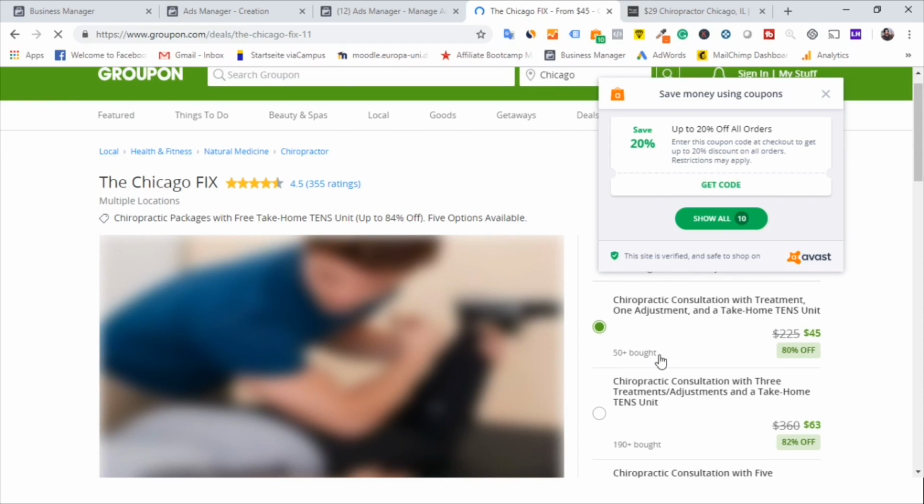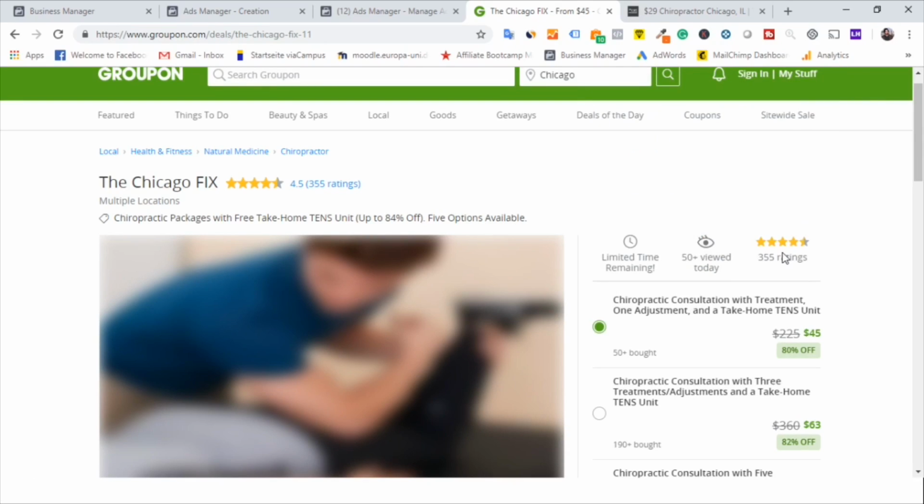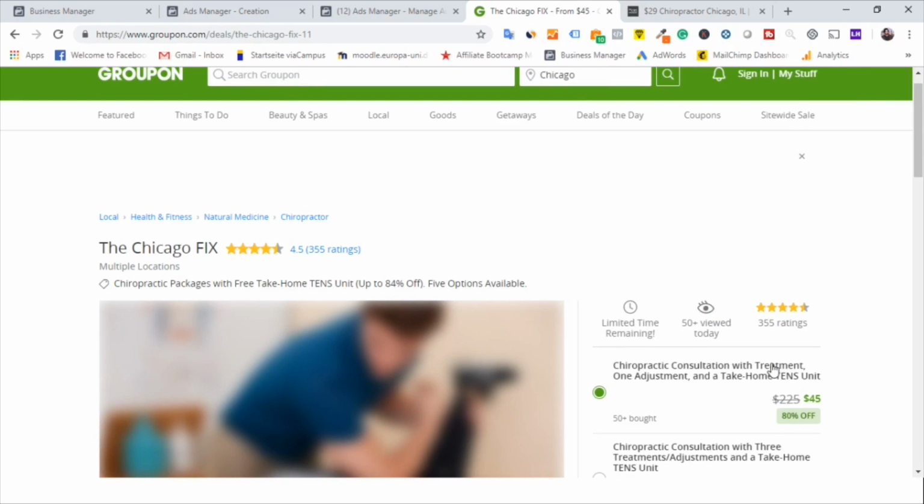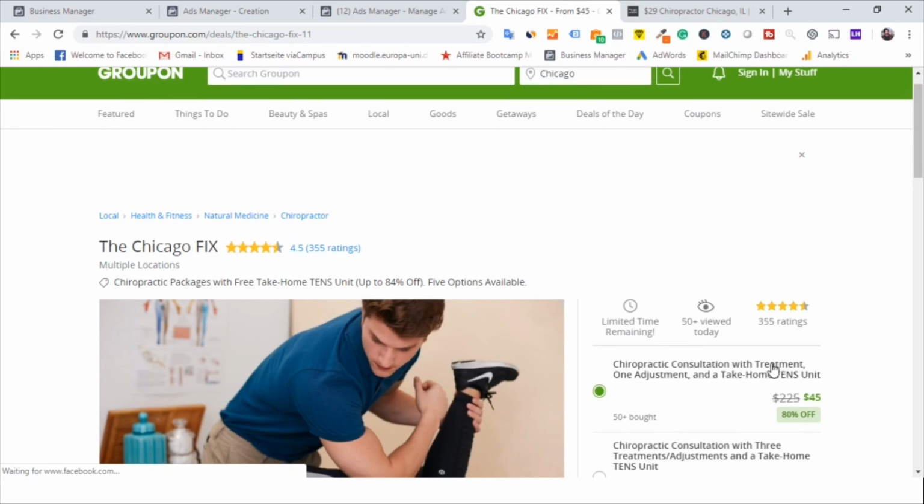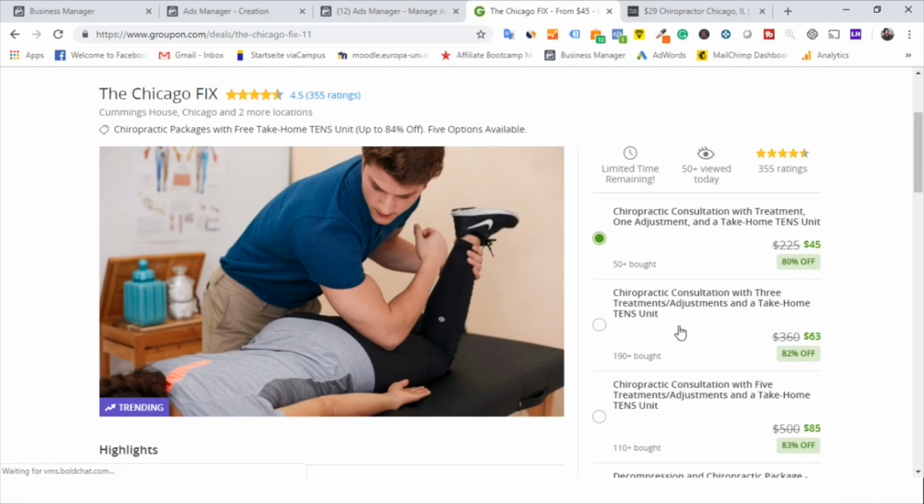How's that for a golden nugget? There's no need to go ahead and test different sorts of offers. You can find the best performing offer here, take that one, make it even better, and run that offer. You see 190 people have bought this one: chiropractic consultation with 3 treatments, adjustments, and a take-home 10 unit. So you can run this offer, or you can search for offers for